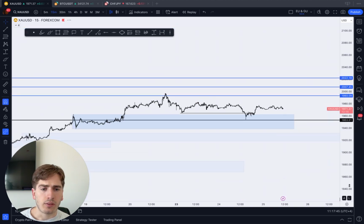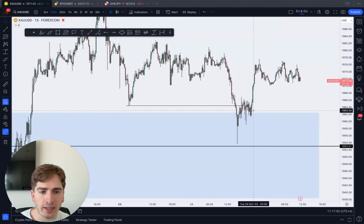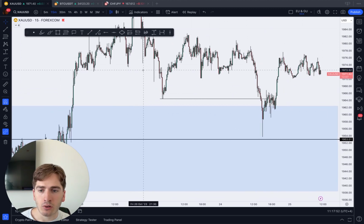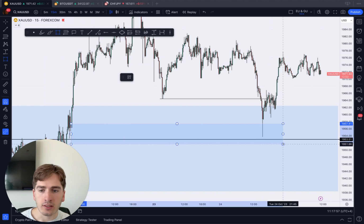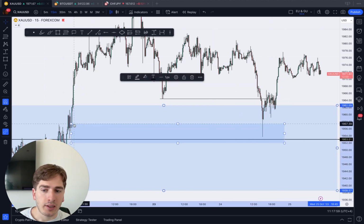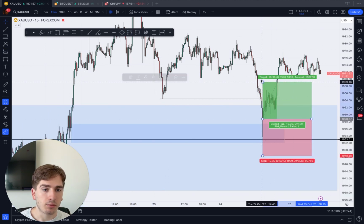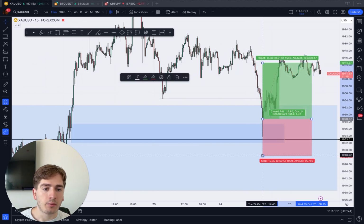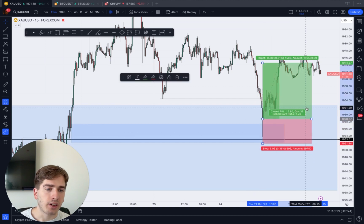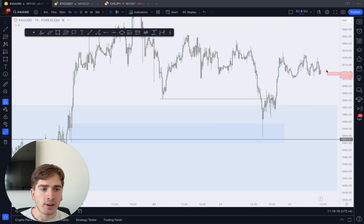So moving towards the 15-minute time frame. There's not really structure forming when we enter that area of demand on the 4-hour. From a 15-minute perspective, this over here is your main zone. Once you start rejecting that zone, you can enter over here on the rejection of that area of demand. So that is a potential setup that you could have taken, just traded back up towards this extreme buy before the sell-off, and you have a nice 1 to 2.28. So that's the setup that you could have looked at,